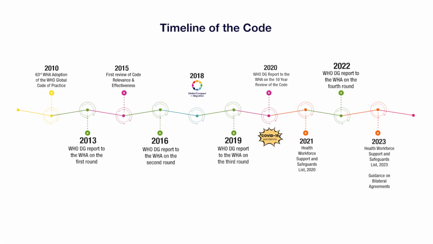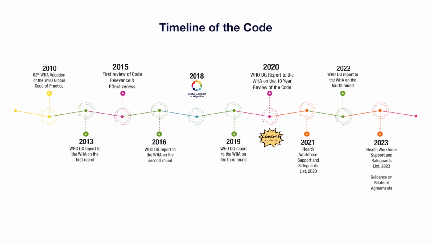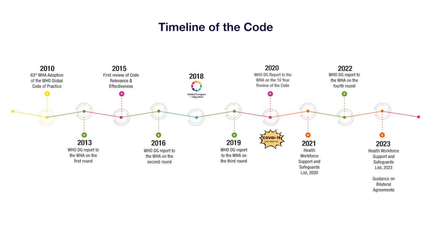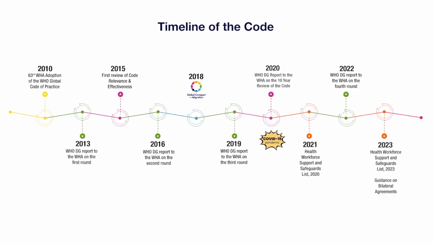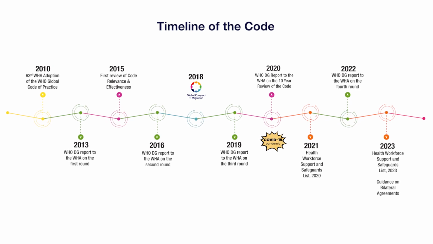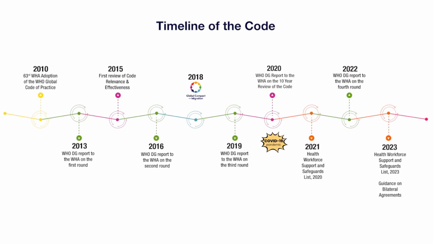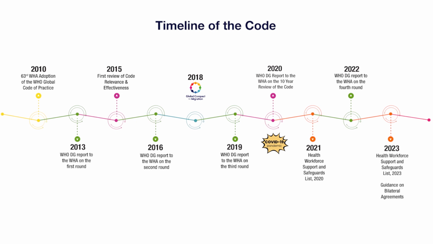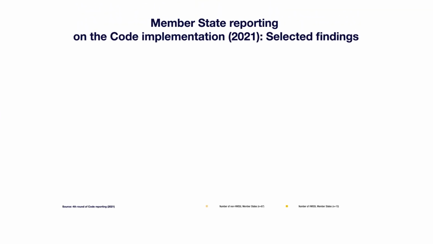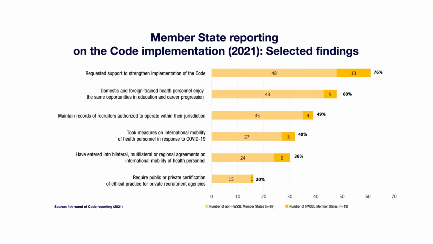So far, there have been 4 rounds of reporting and 2 reviews on the relevance and effectiveness of the Code. The last review provided specific recommendations to WHO to facilitate implementation of the Code. The reporting from member states shows that there has been variable progress on the implementation of the different components of